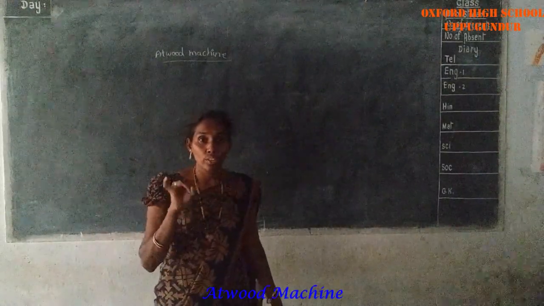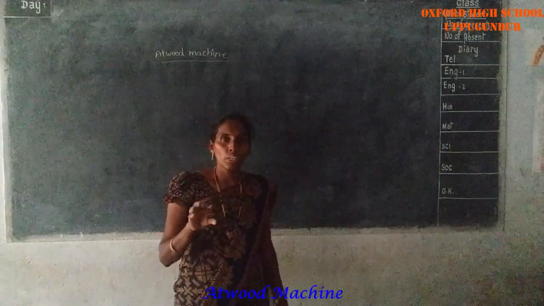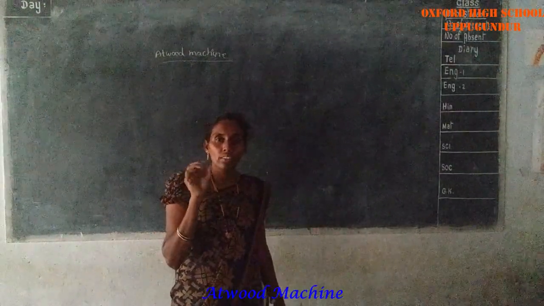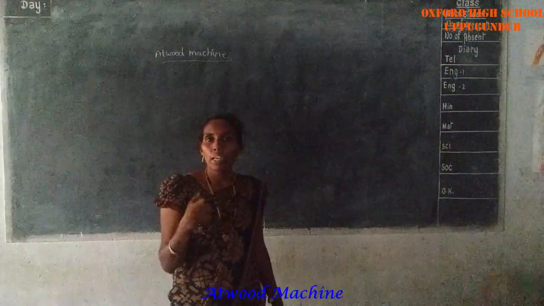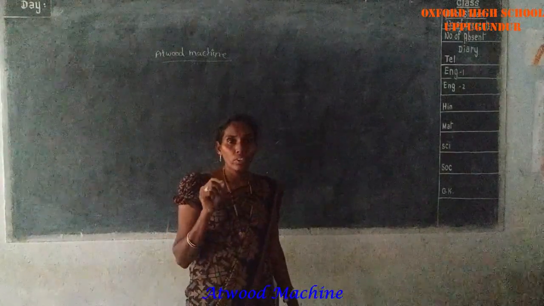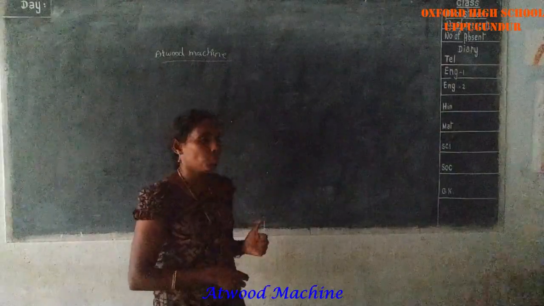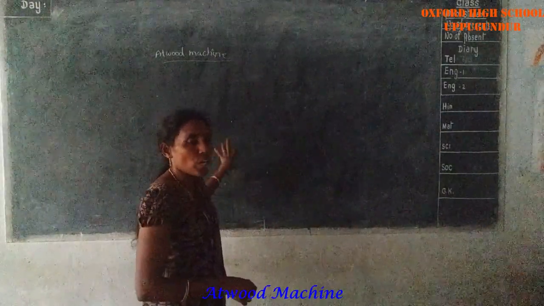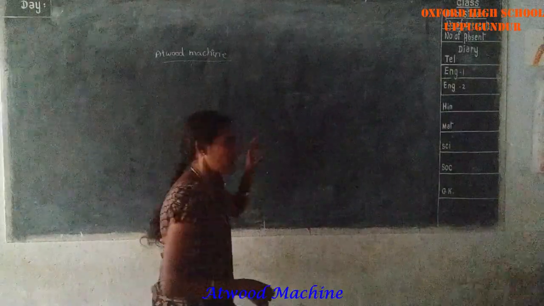We know very well Newton's first law and Newton's second law. Newton's first law says that every body continues in its state of rest or of uniform motion unless it is compelled by an external force. And Newton's second law says that the rate of change of momentum is always directly proportional to the external force acting on that body. Based on this, we have to derive the acceleration and the tension produced in the string.